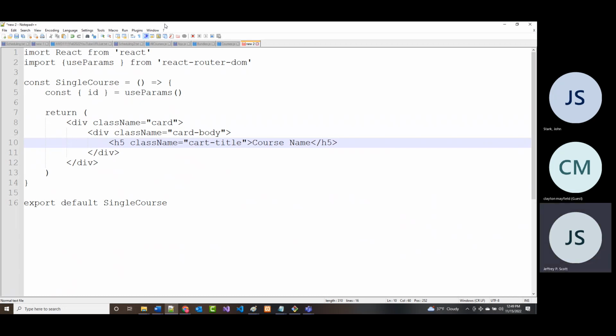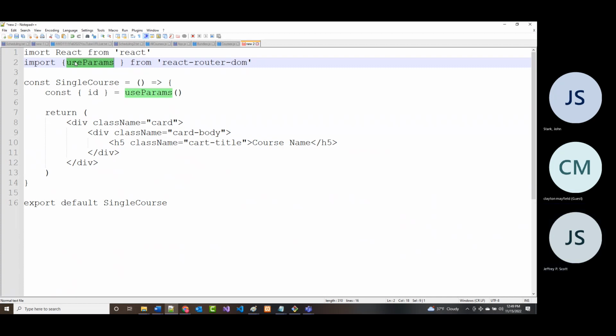Now, one thing that they do mention, this is another hook. So when you are working with functional components and you put anything in there that you're importing from React Router DOM that starts with use, it's a hook. And from what I've read, at least, the reason that they're calling it a hook is it is not mandatory to put that stuff in like this when you are using class-based components, but it's something that's been hooked in. All right. The other thing too is this line